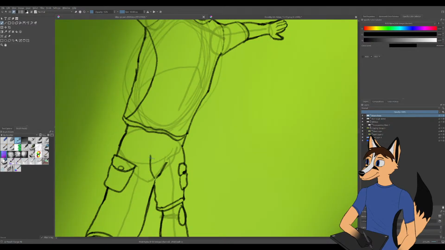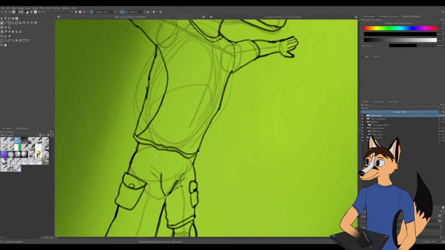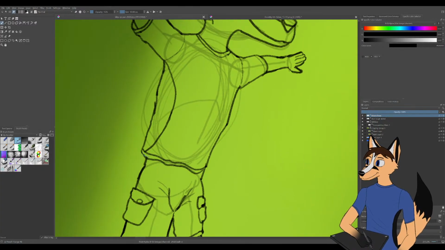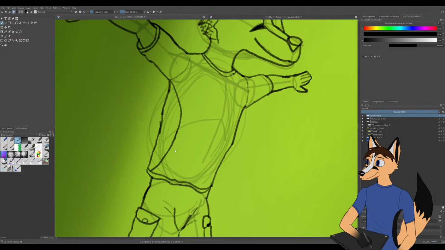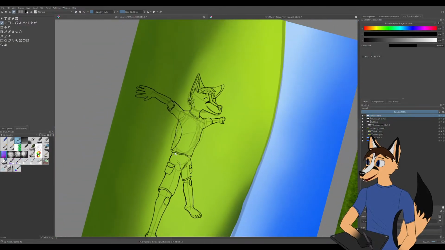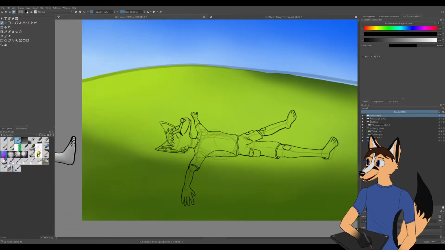So I'll have to take some pictures of myself later and see kind of where the folds of my own shorts fall and stuff, and also the folds of my shirt, and import that into Krita as a reference image, because that's something a lot of professional artists will do.